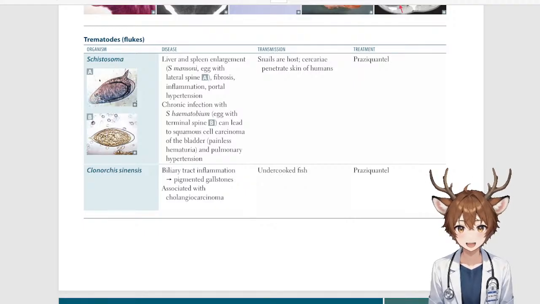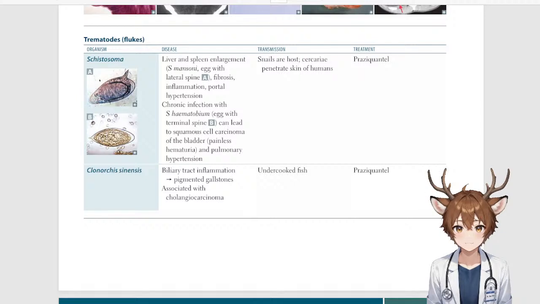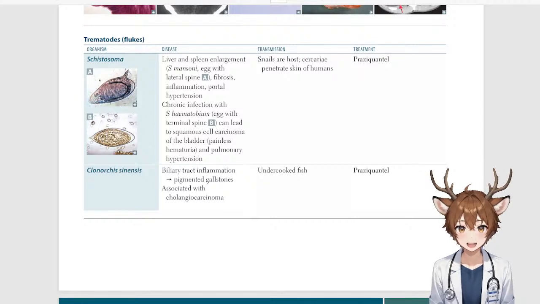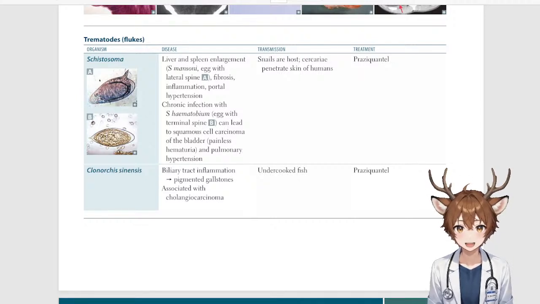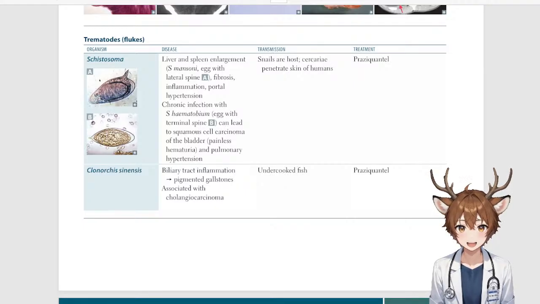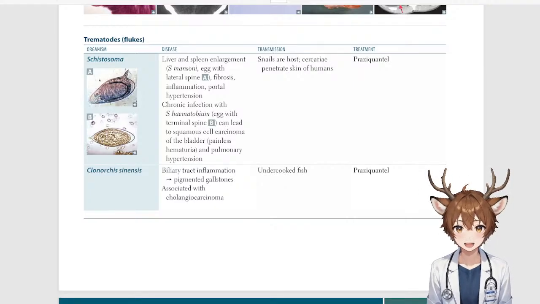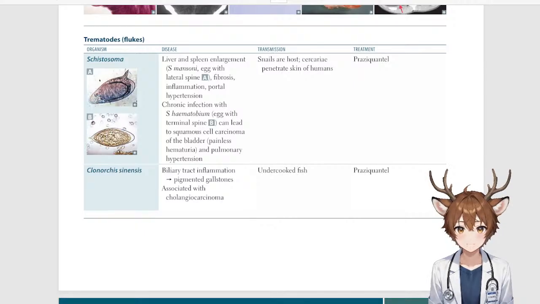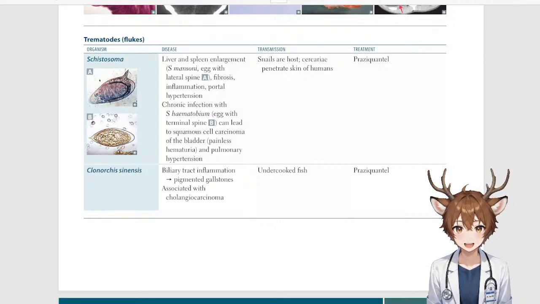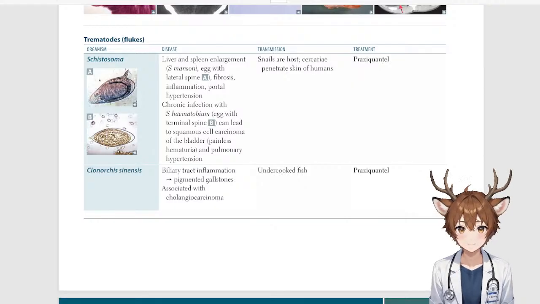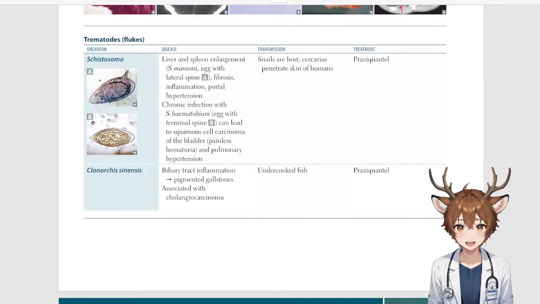Okay. Trematodes, flukes. Schistosoma. So schistosoma, we have different species of schistosoma. They mention it right down here, so I'll talk about it. So the disease, transmission, and treatment. Disease: liver and spleen enlargement. Shows the picture that you see there. Well, your book is different. So liver and spleen enlargement,